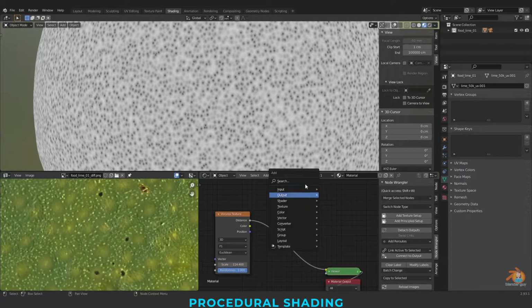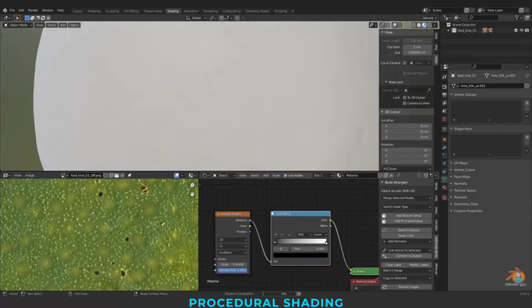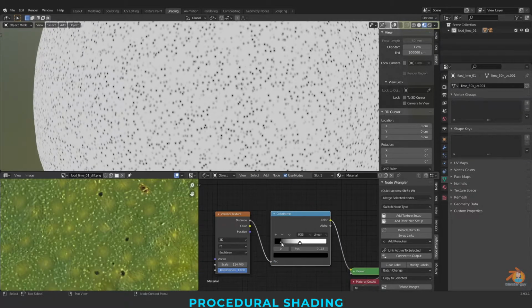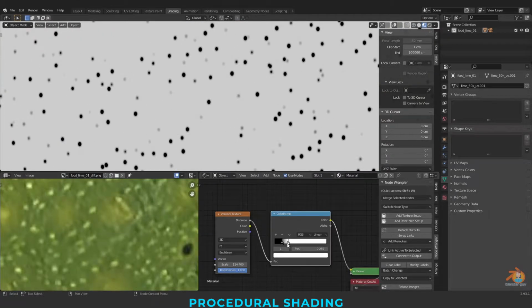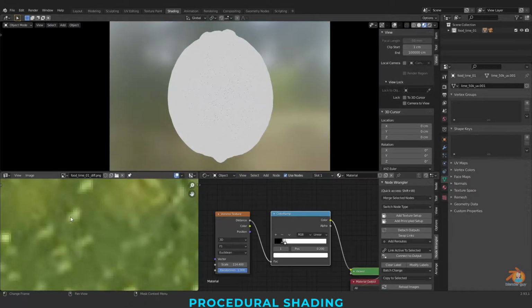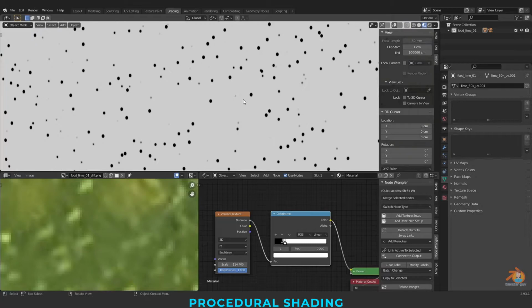And again I'm taking a color ramp, connecting to this. So these are the white dots here. You can see these white dots.